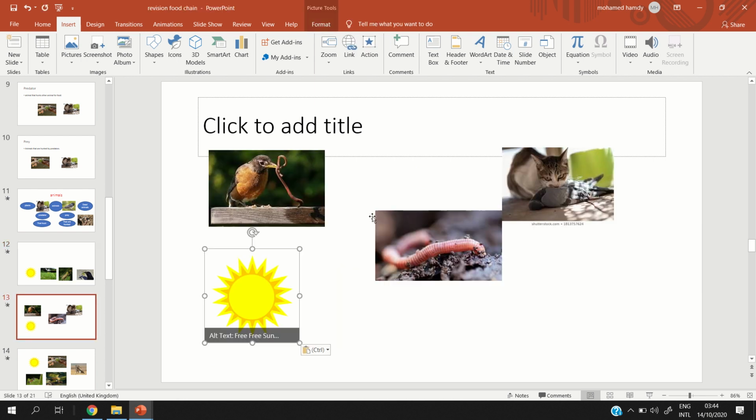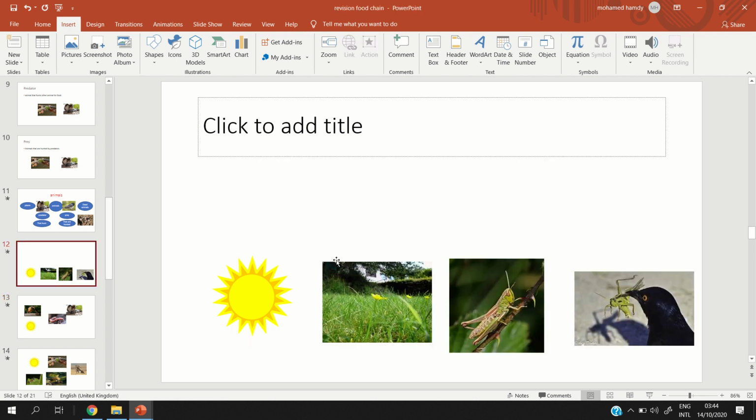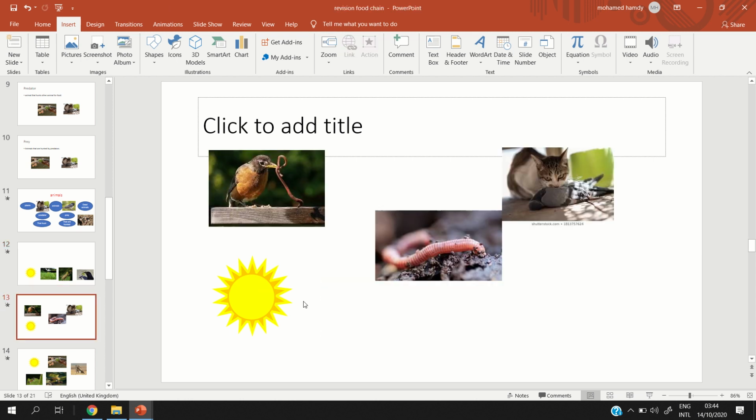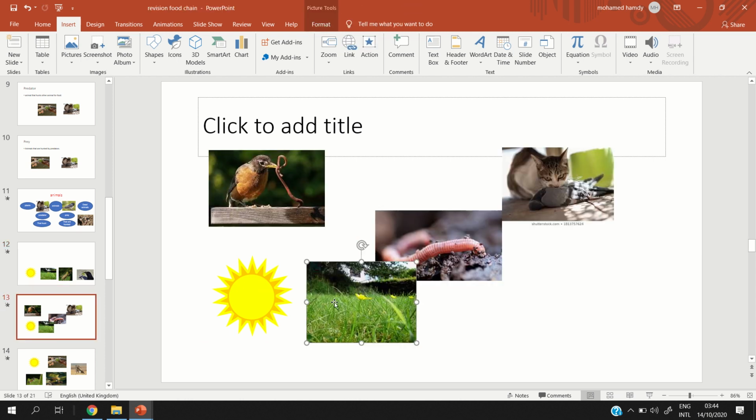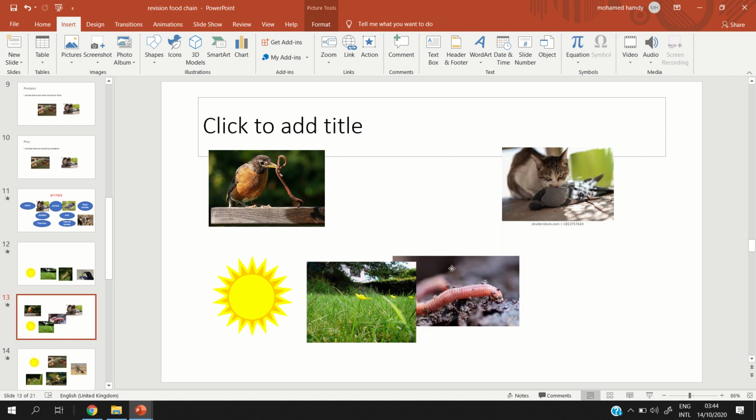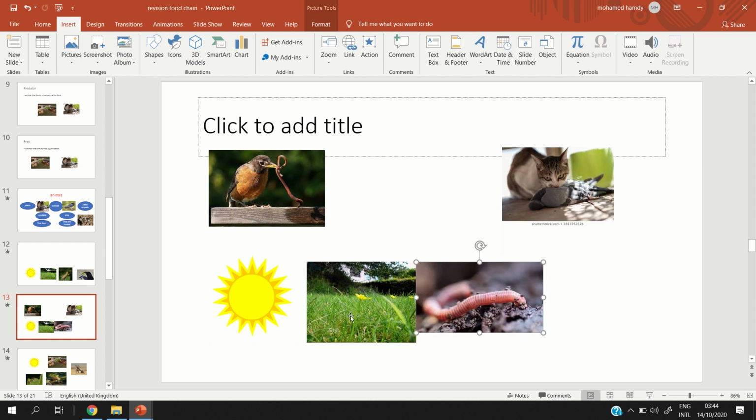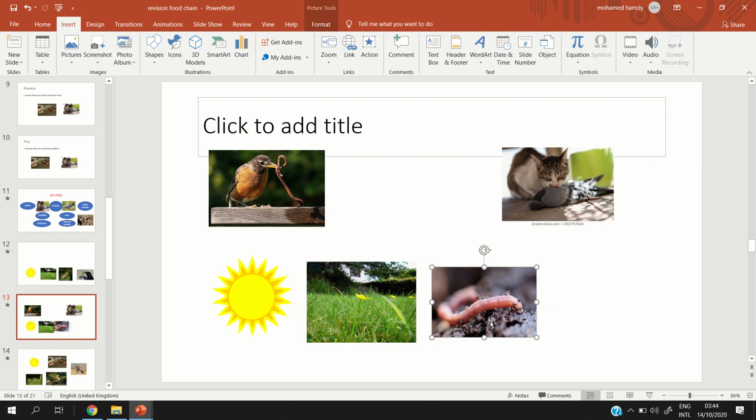And after the sun, which one? No, where the plant? So the plant, okay. After the sun, the plant. The sun helps the plant to make its food, and after the plant, this worm will eat the plant,